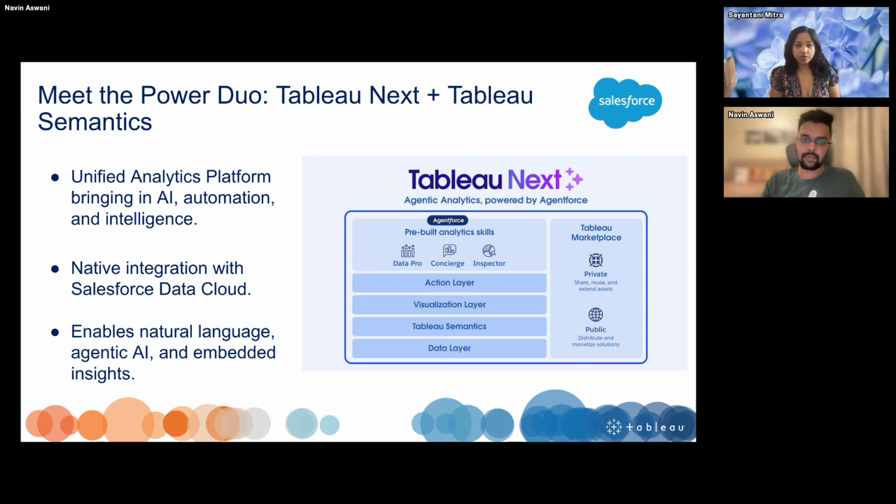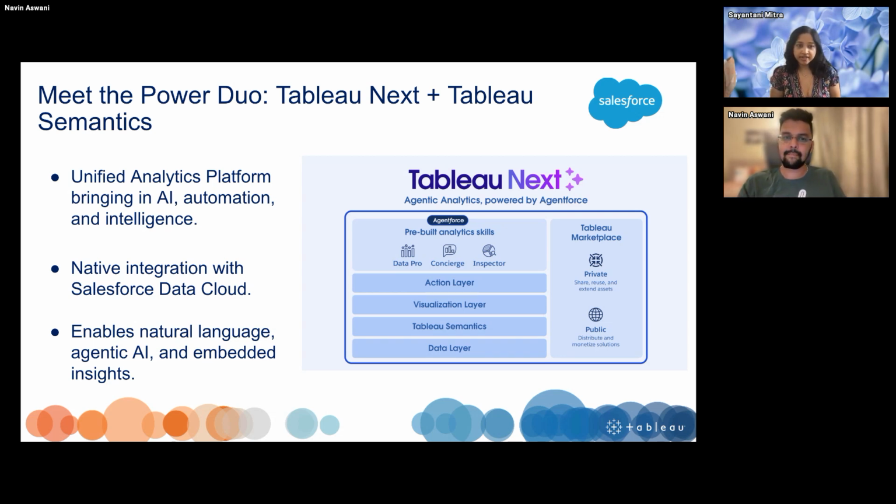You create a workspace like we do in CRM Analytics. You create an app, so you create a workspace similar to that. Everything resides inside the workspace, including your data layer, which is the semantics layer, which Naveen is going to talk about in detail, and your dashboards, your concierge, your inspector, everything resides inside that very familiar Lightning page.